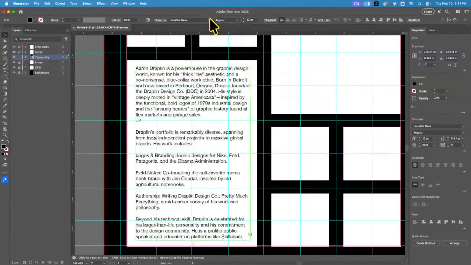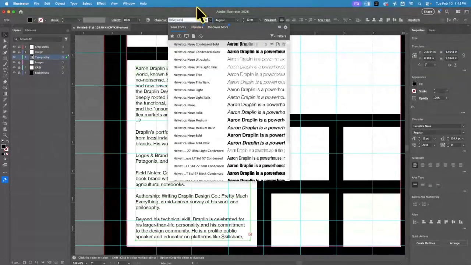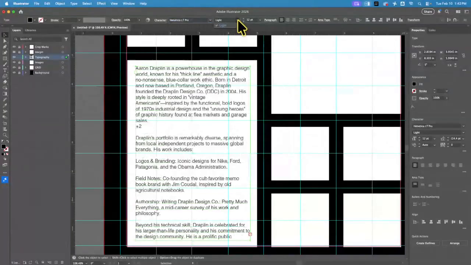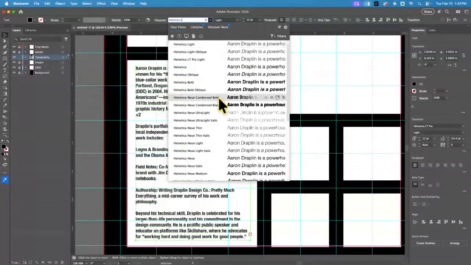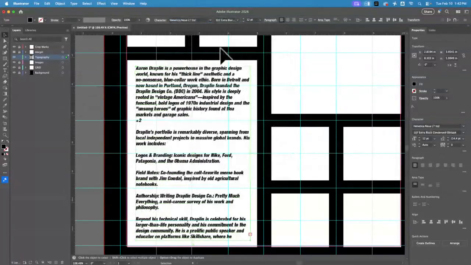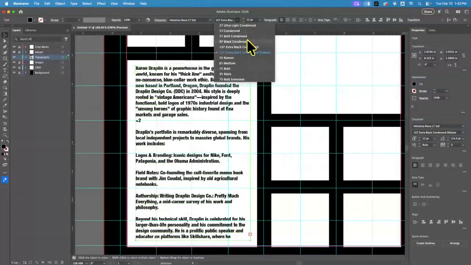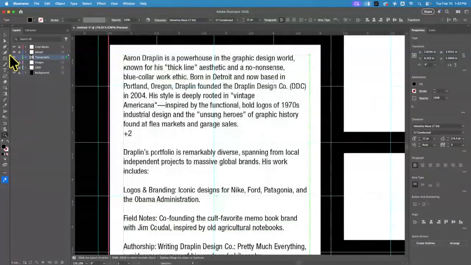Huh. Oh, let me get the LT. I think I have more of these. Nope. I have too many Helveticas, I'll tell you that much. These are what I want. This family. I have too many families. Condensed. There we go. And then I'm going to go through, just like we normally do, and start to typeset,